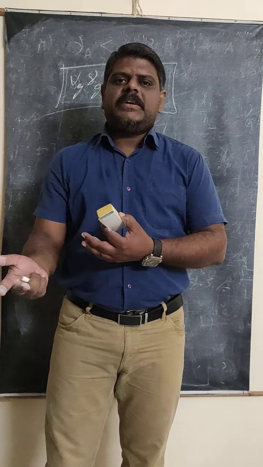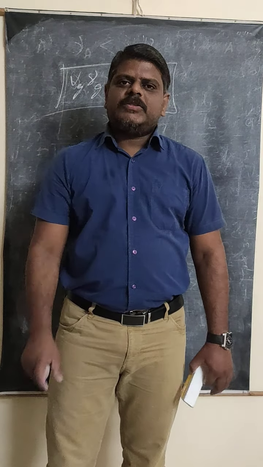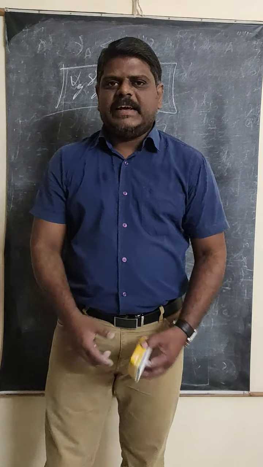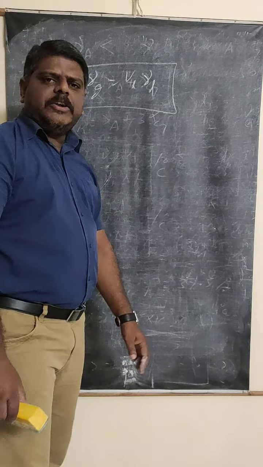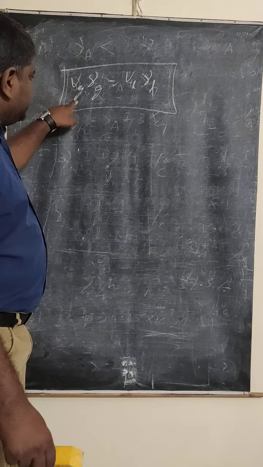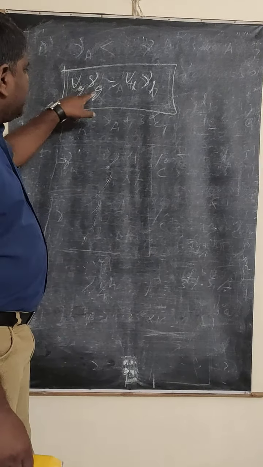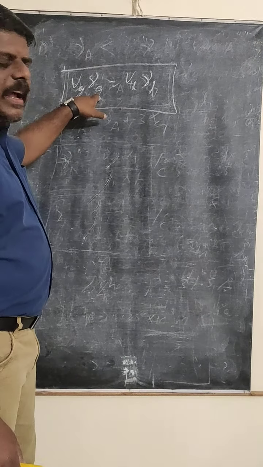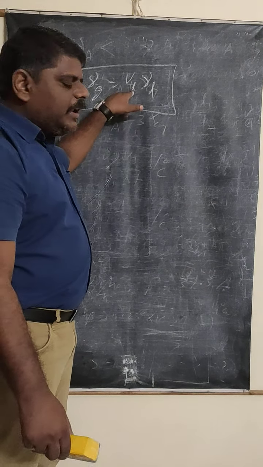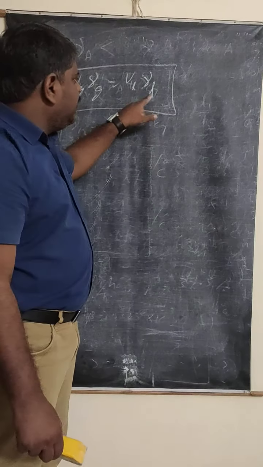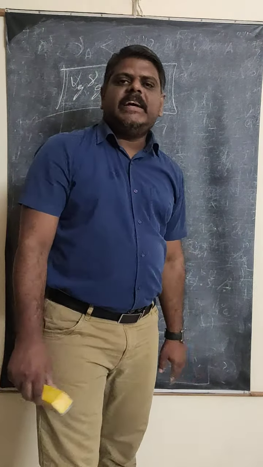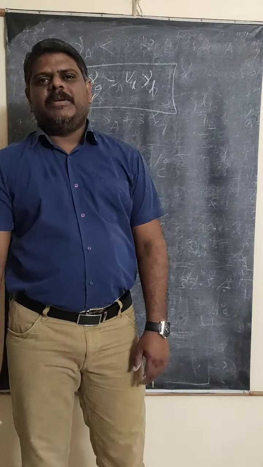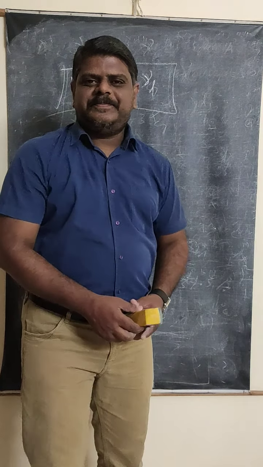If you increase the temperature or decrease the temperature, in both cases the empty space will remain constant. So the condition is Vg gamma g equals VL gamma L. Don't be confused about the terms. Vg is the volume of the glass flask, and gamma g is the volume coefficient of the glass or the vessel. VL is the volume of the liquid you have taken in the vessel, and gamma L is the volume coefficient of the liquid. These are the formulas you need to remember to solve the problems. Let us start the problems.